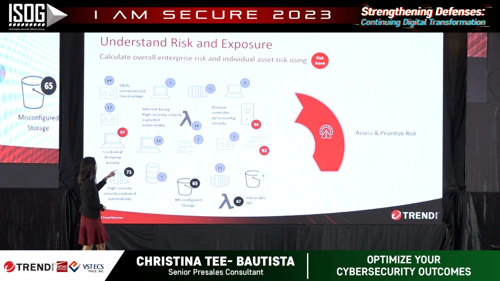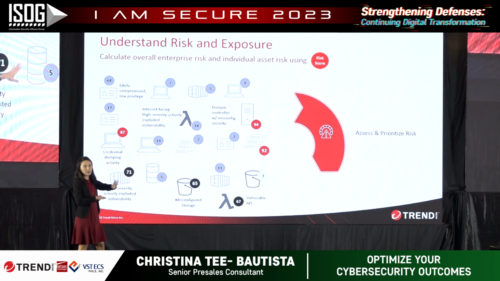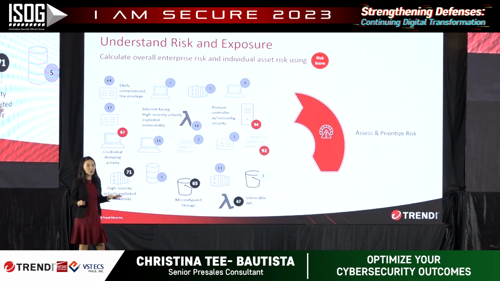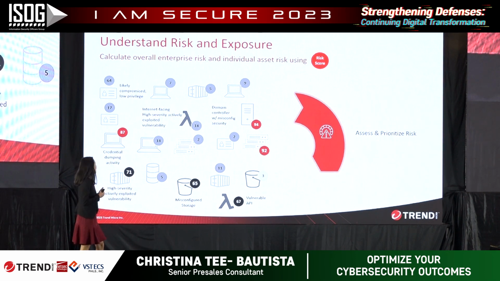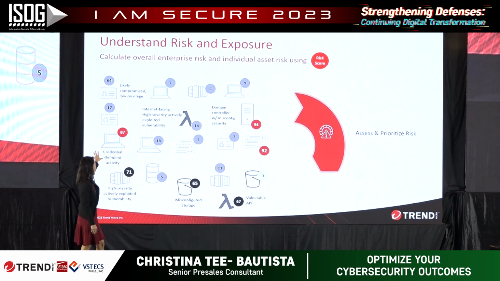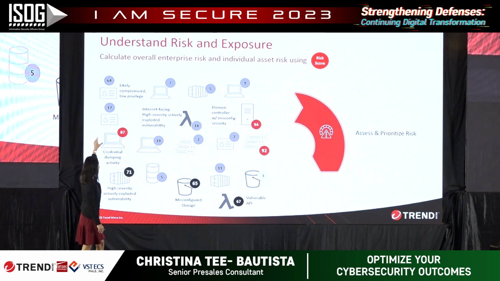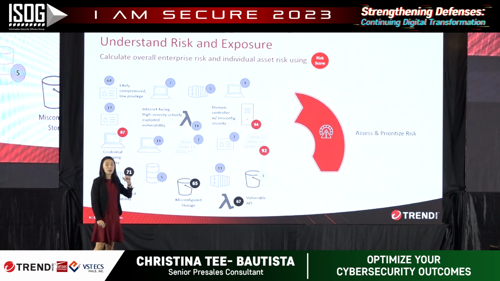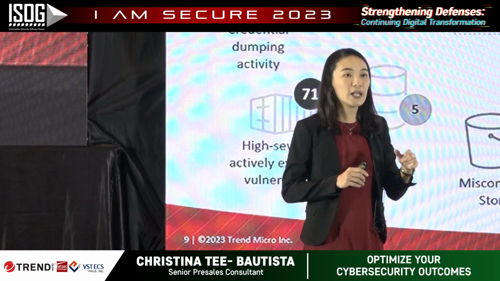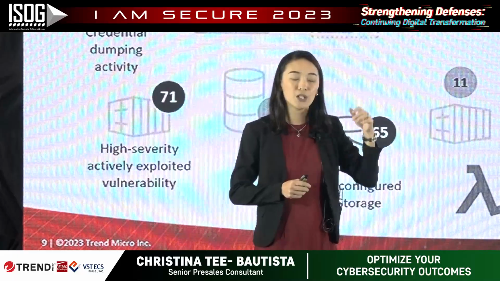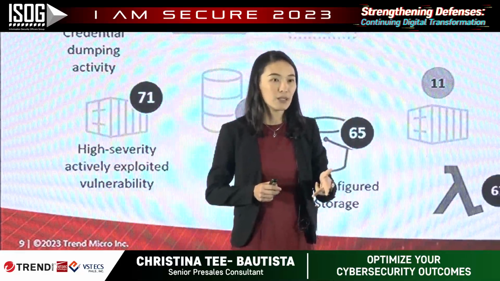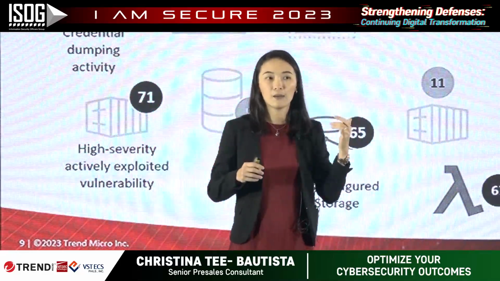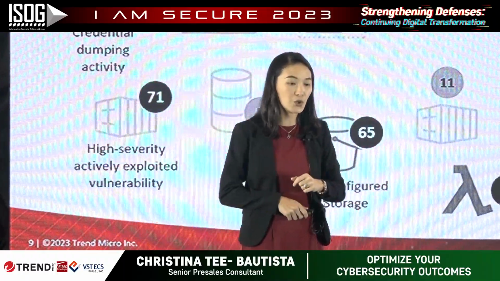We have a high risk for that, 94. But let's take a look at a normal workstation. It doesn't have a privileged access, it's owned by a regular employee, will have a lower risk score. So there's a computation. Aside from that, for example, we have credential dumping activity, and then we have a high risk score for that. Likely compromised or low privilege identity, we will have a lower risk scoring for that.